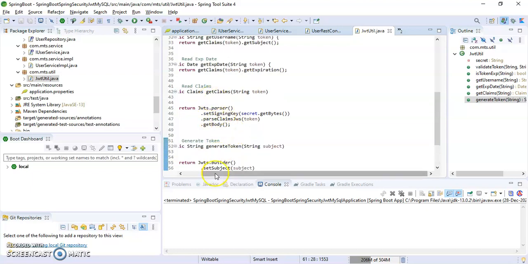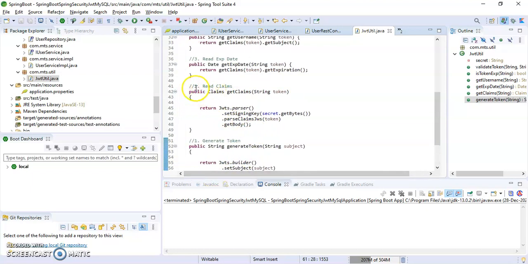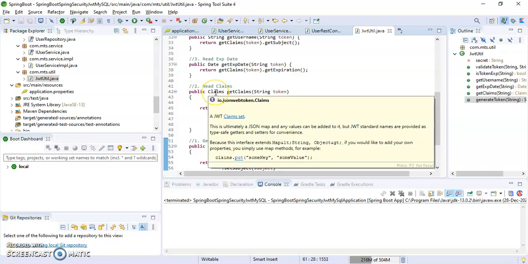Then you have to define the claims method by using public Claims, which is a JSON Web Token claim, for the login, and further validate the user up till the web token validation expiration.